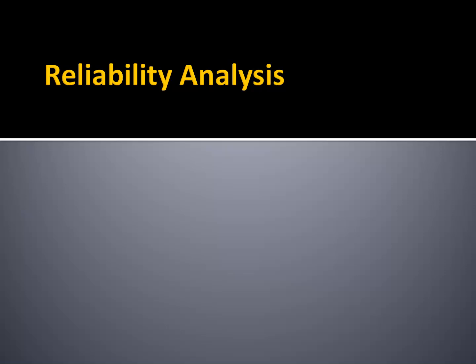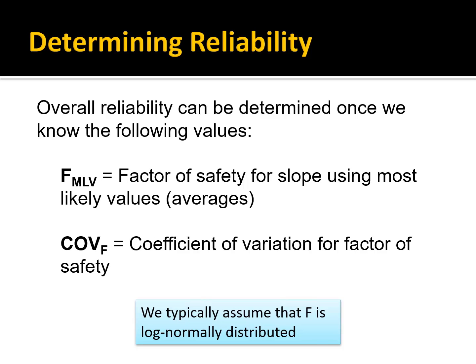Okay, now that we have an understanding about how to assess the uncertainty of our parameters, how do we incorporate those uncertainties and come up with an estimate of the reliability and the probability of failure when performing a slope stability analysis? So to do that,